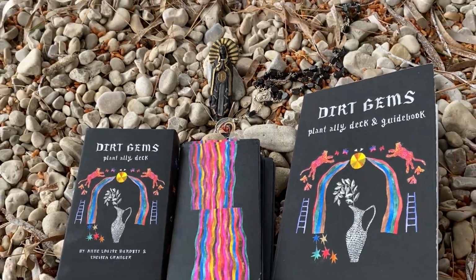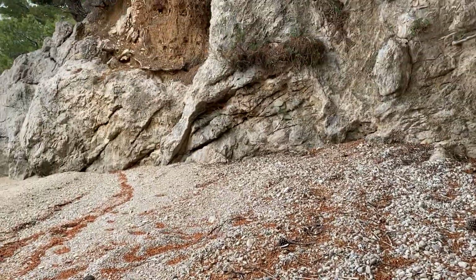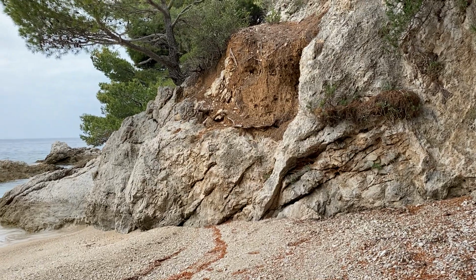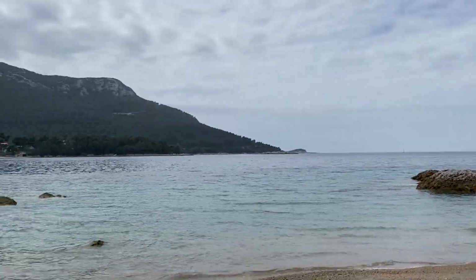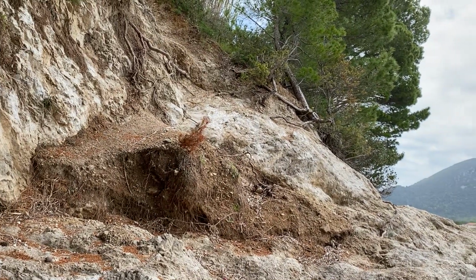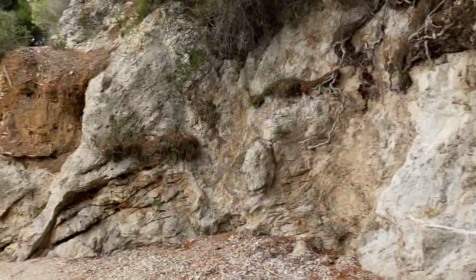And as usual, I'm just going to show you where I am. So look at the face in the rocks there. I call her grandmother. It's really ancestral, one of my favorite tiny little beaches here. And it's secluded, as you can see, and you have to come with the line from the mainland because it's quite steep. So I'm just going to say hello,